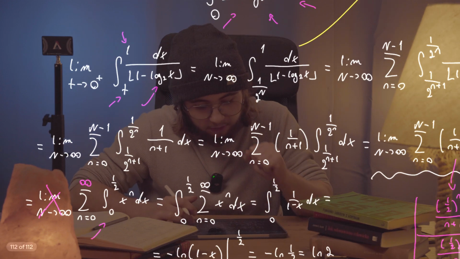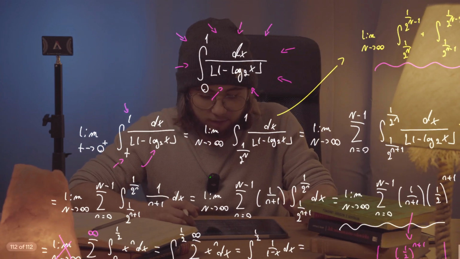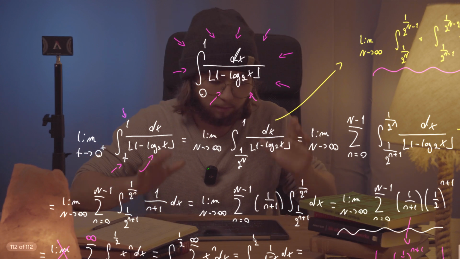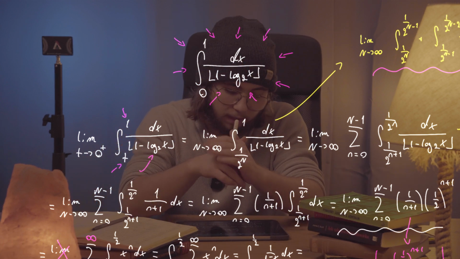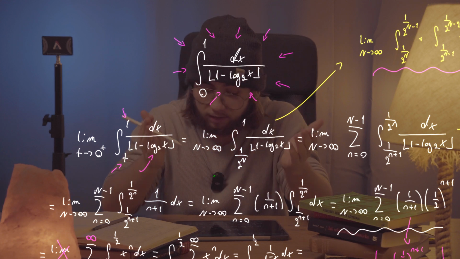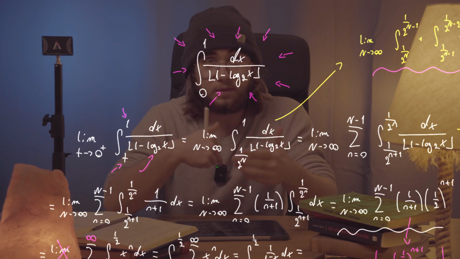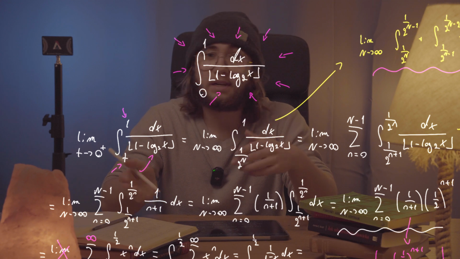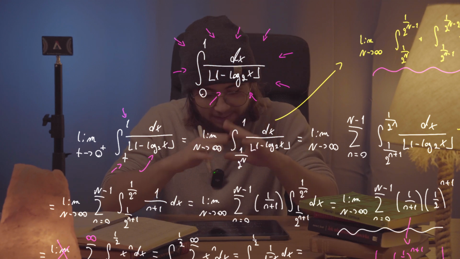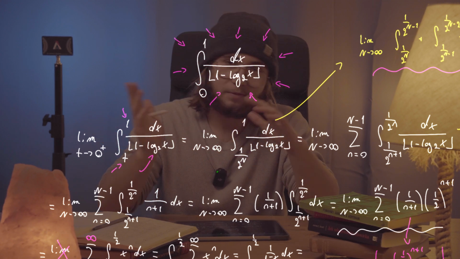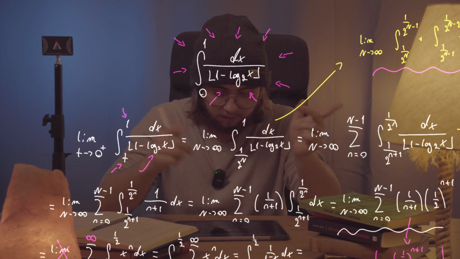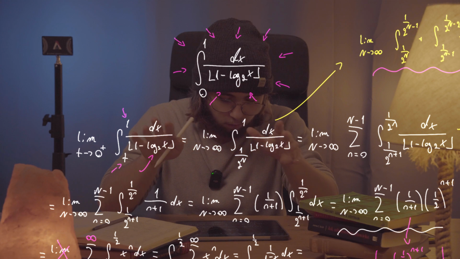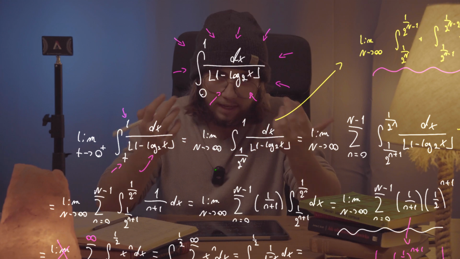Okay guys, so once again, what did we actually do here in this problem? We're supposed to evaluate the integral between 0 and 1 of x divided by the floor of 1 minus log base 2 of x. So what we did is, first of all, we noticed that log base 2 of x has a discontinuity at x being equal to 0. So we rewrite this entire thing in terms of a limit as t approaches 0 from above of the integral from t up to 1 of dx by the floor of all that expression,